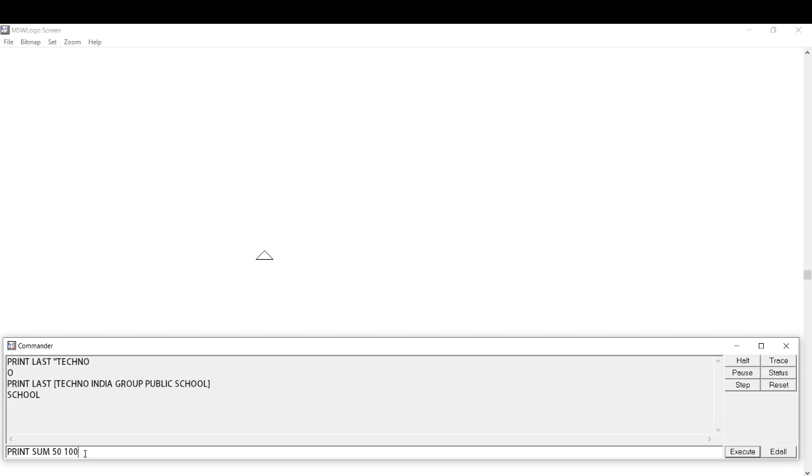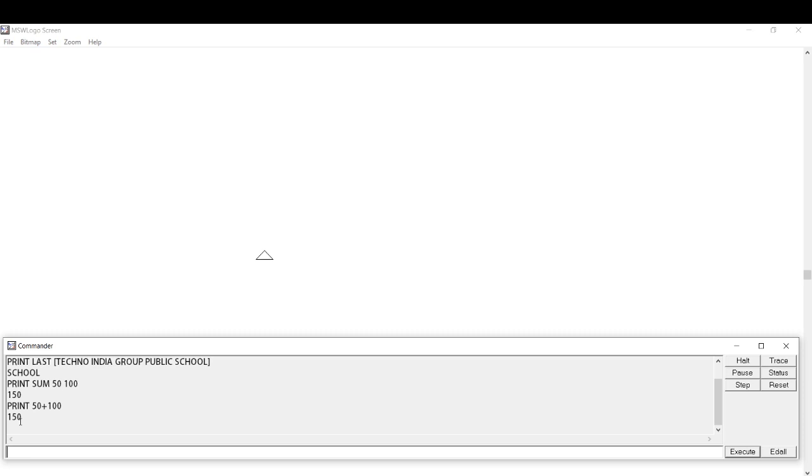It will print 150. Similarly, you can directly use the operator as well. Instead of sum, you can write print 50 plus 100. Press the enter key and it will show 150. So either you can use the plus operator or the sum function.